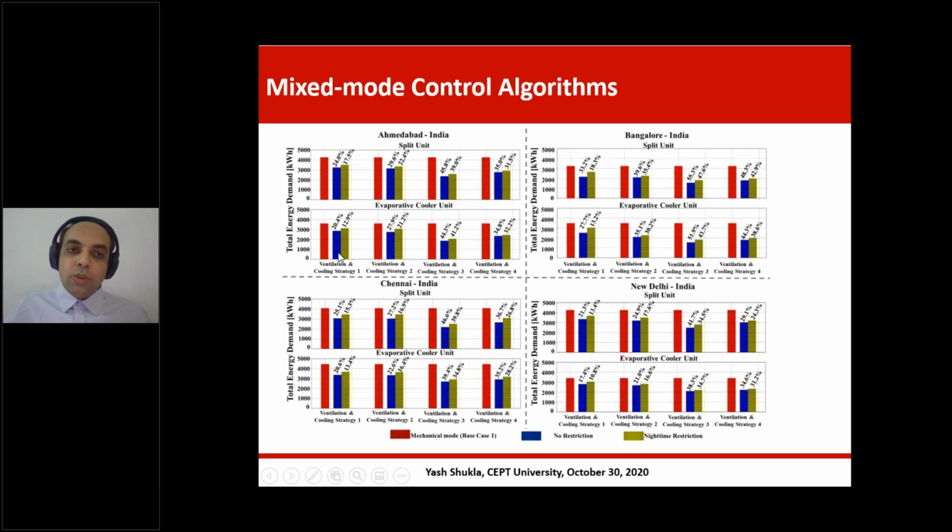And this slide shows different percentages in terms of energy consumption for different ventilation and cooling strategies on the x-axis. So you can see as you go from VCS1 to VCS4, we are looking at more complex strategies, with more savings, from 15% to 55% savings in some scenarios, and also in different climates. So for example, in Bangalore, the savings even in the simplest strategy are quite effective. You can see 27%